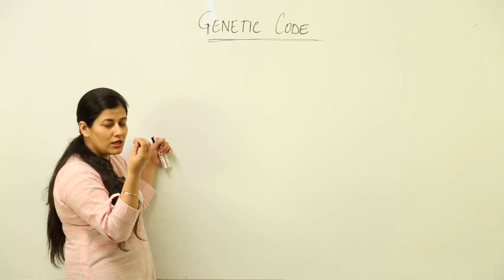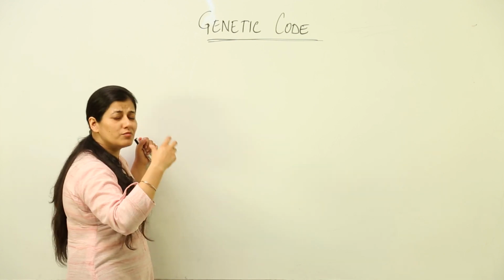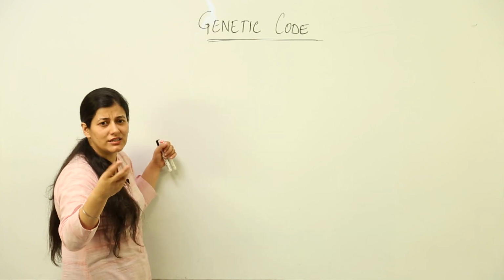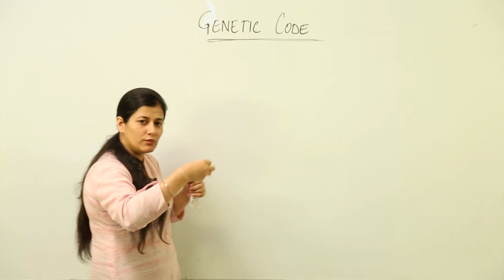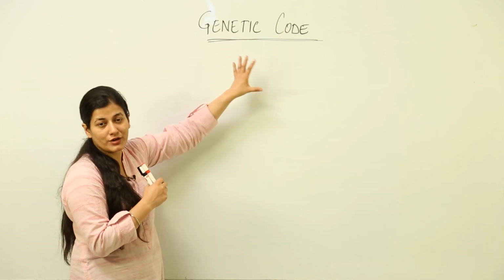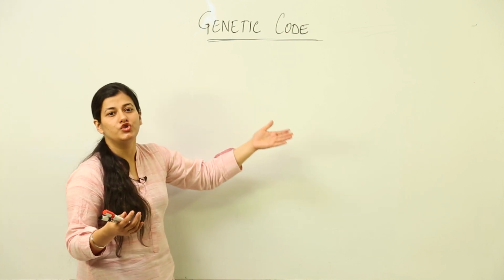Supposedly you are given a code, and inside that code there is something hidden. Again, I would give you an example of movies. You must have seen that there is a treasure hunt and they have a code and they keep on finding what is behind those codes. In the same way, we have the genetic code where a lot lies behind AUGC.